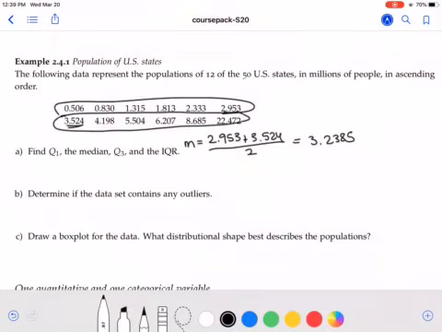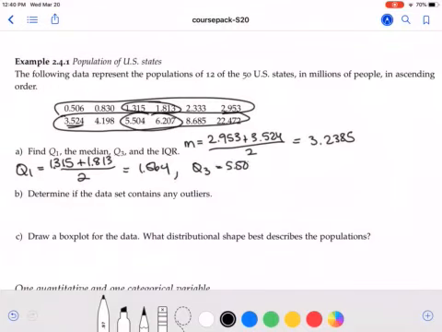Since we have 6 and 6, both Q1 and Q3 will be the median of their respective 6 values. So Q1 will be the average of the two middle values up top, 1.315 plus 1.813 over 2, giving us 1.564. And then Q3 will be the average of these two middle values, 5.504 plus 6.207 over 2, giving us 5.8555. So the IQR is Q3 minus Q1, so 5.8555 minus 1.564 being